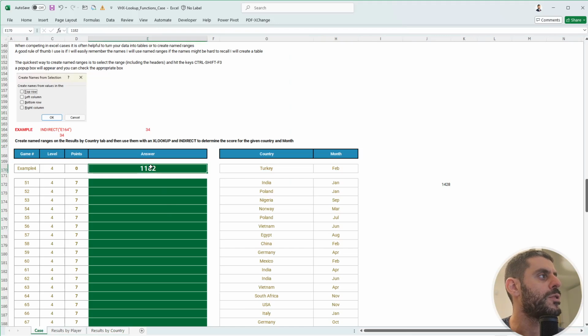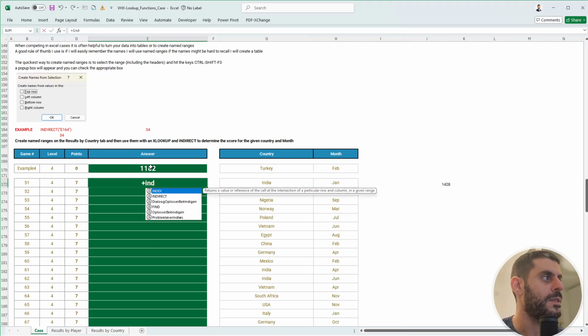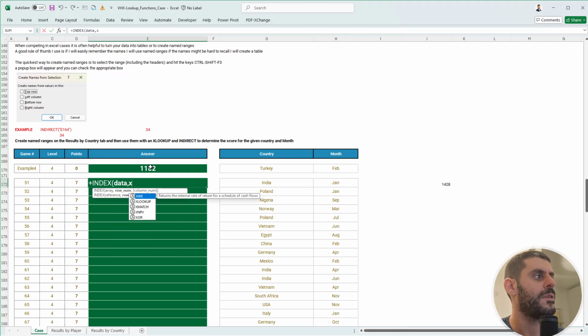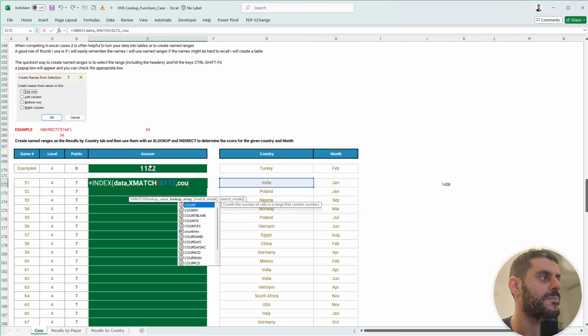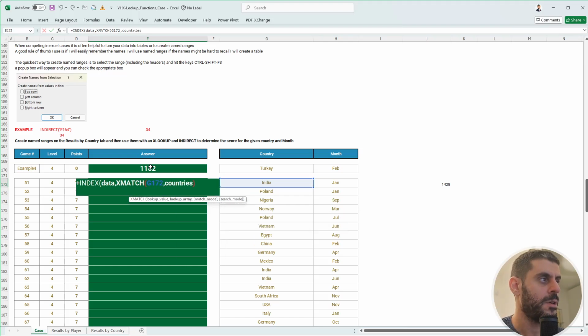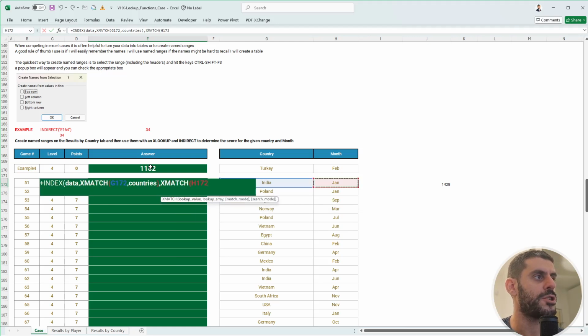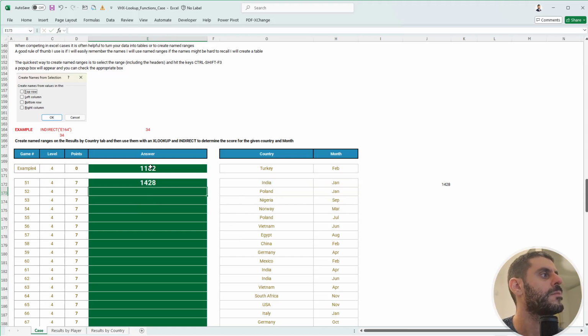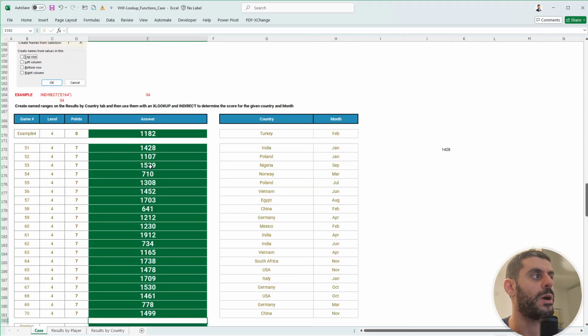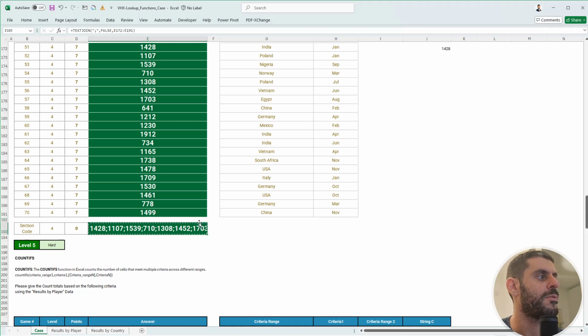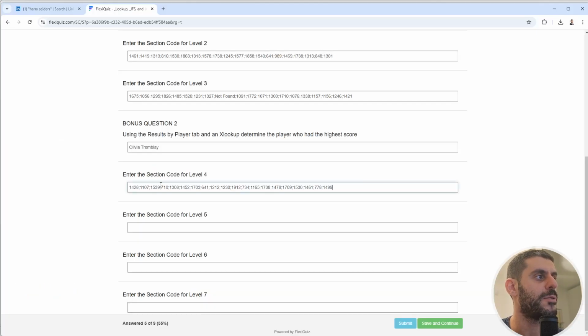And what we could do is just an index of data, and in the first row value, we want to XMATCH this into countries, and for the columns we want to XMATCH January into months. You can see we have the same result, which is a much more powerful approach, which I'm afraid has been spoiled from